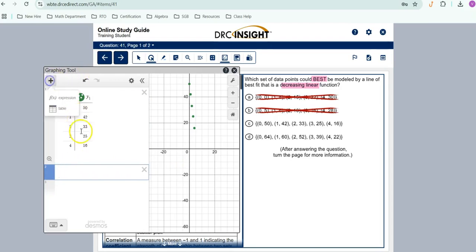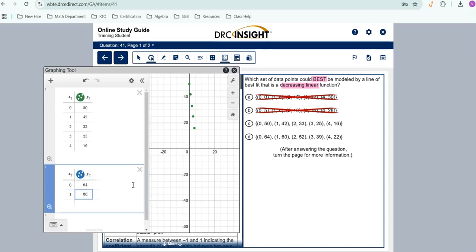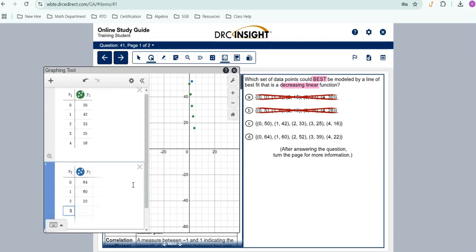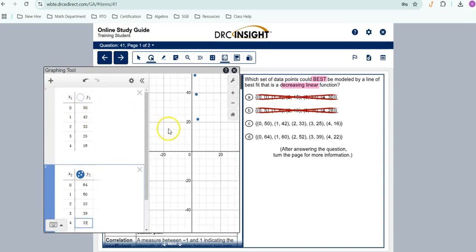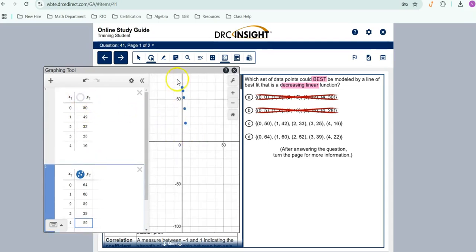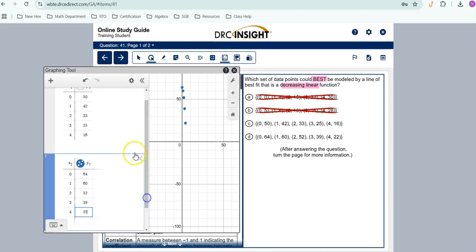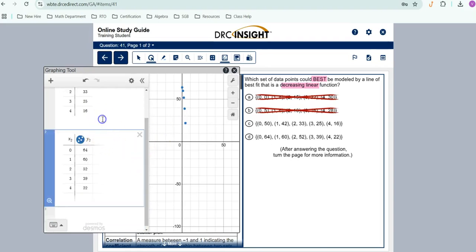So let's put another table and let's look at this last one and see what does it look like. So 0, 64, 1, 60, 2, 52, 3, 39, and 4, 22. All right, so let's turn off the green one for a minute so we can see the blue one. So now the blue one doesn't look like as good of a line. We can see there's kind of, up top, maybe a little bit more displacement, but let's make sure. And how can we make sure? Well,